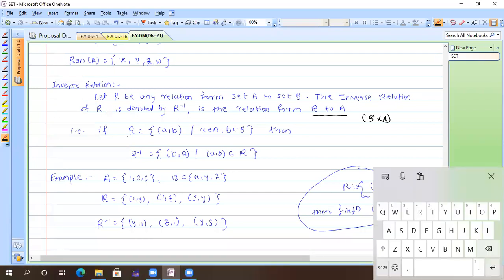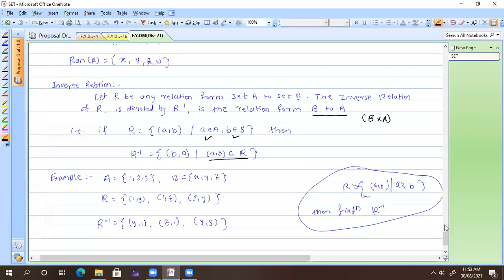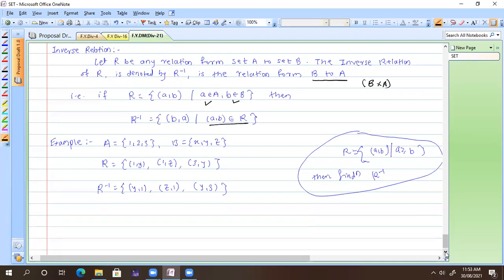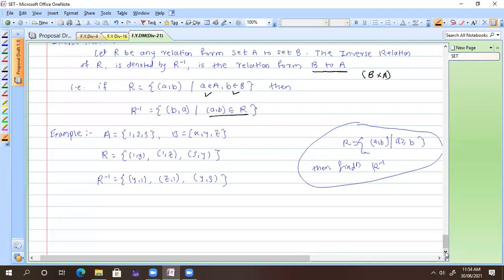Yes. Okay. So if I have a relation R which contains an element (a, b) which satisfies some condition, where a belongs to set A and b belongs to set B, then my inverse relation is (b, a) such that (a, b) belongs to our main relation. So whatever pairs you have, (a, b), you need to change them to (b, a). This is nothing but the inverse relation. Any doubts in the inverse relation? No, sir. Okay.